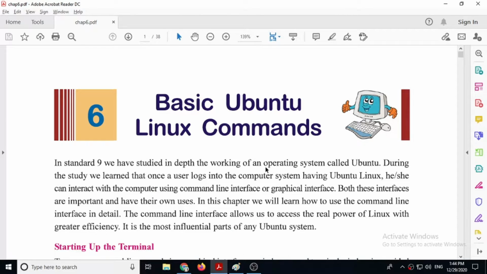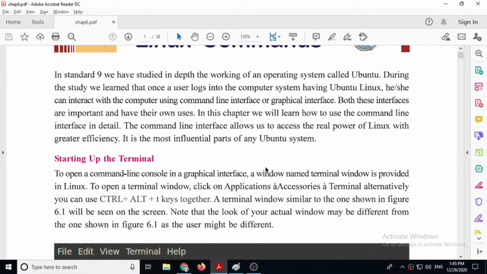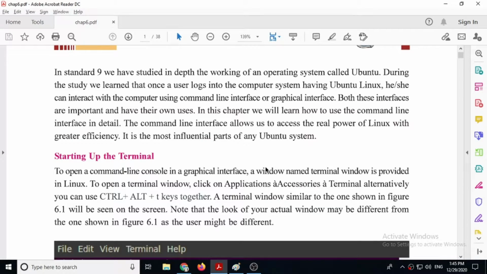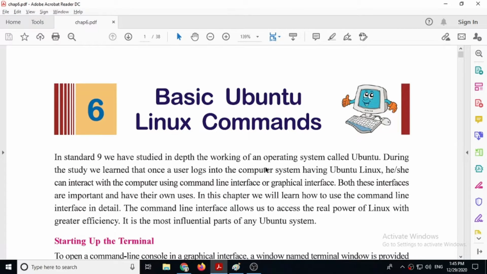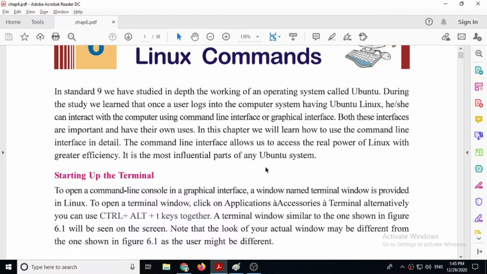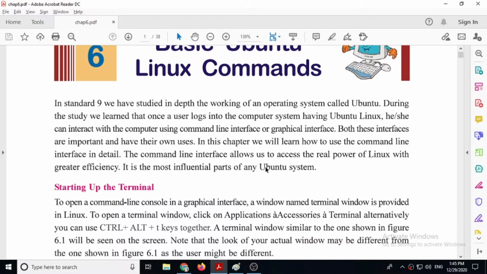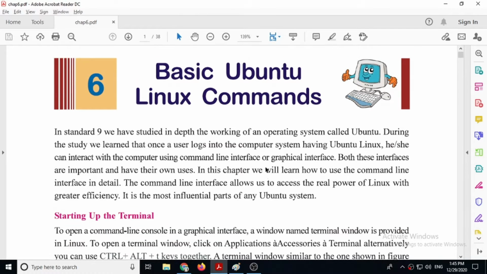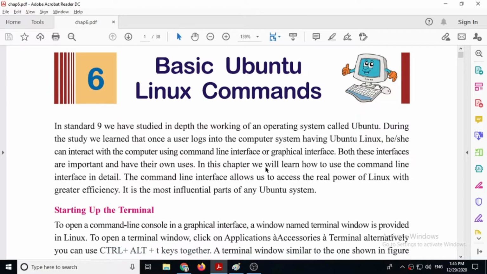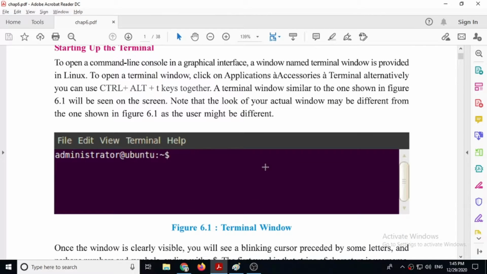So in chapter number 6, 11th standard computer subject English medium, we discussed the terminal program. We also saw the types of operating systems, GUI based and CLI based. The operating system that we have to study is Ubuntu Linux. Linux is a GUI based operating system. Remember, it is open source software. It means totally free. You can download it free of cost from the internet. And Linux is case sensitive. It means capital and small letters are considered as different.